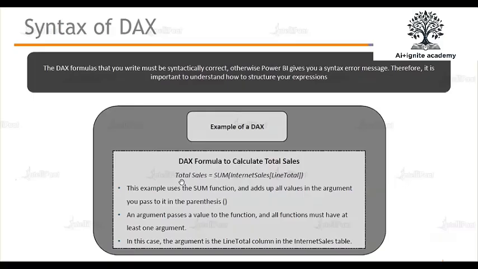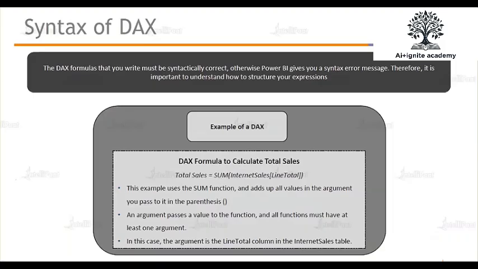First, you can create a calculated column, you can create a measure, you can create a calculated table, right? So three things you can create using DAX. When you want to create any column or measure, you first have to define its name, then an equals sign, then you can use a function based on your requirement.